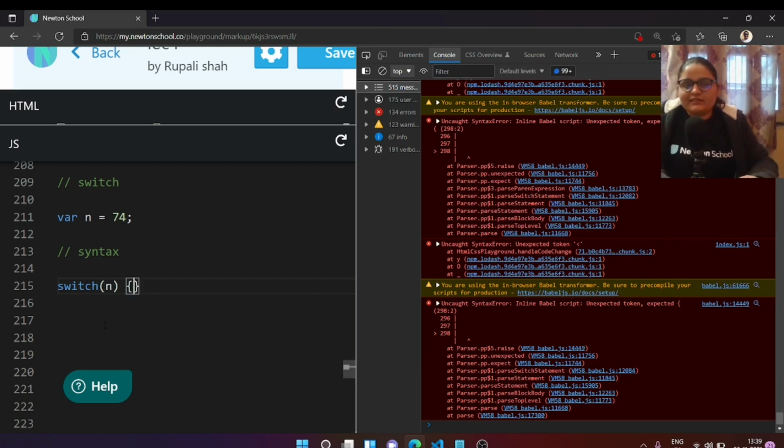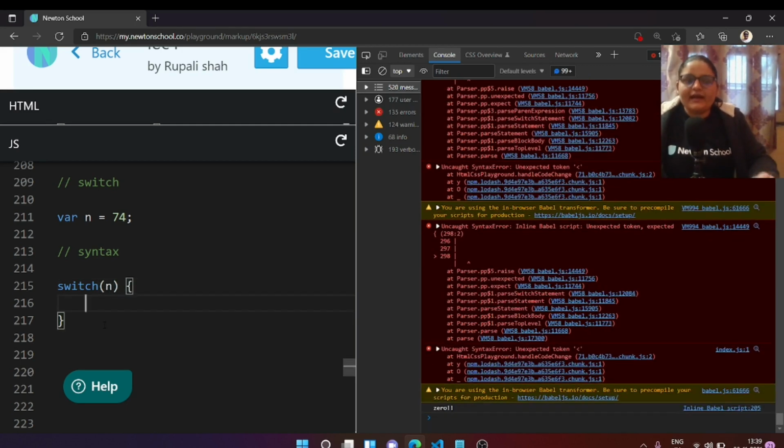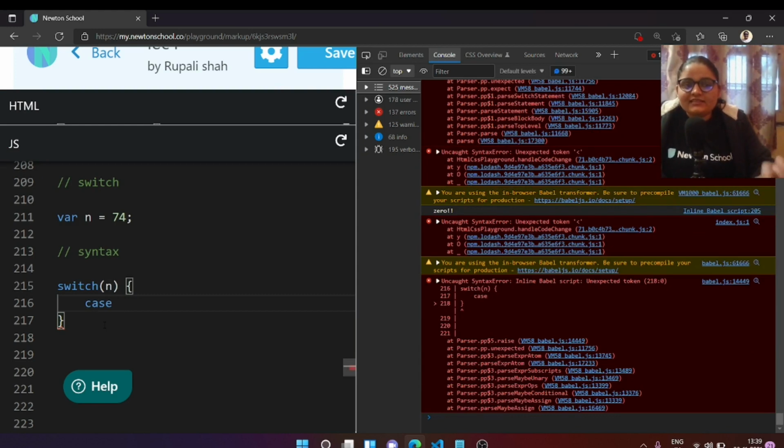Now a switch statement also has a body, and each switch statement has cases. This case says, okay, this is case number 1.